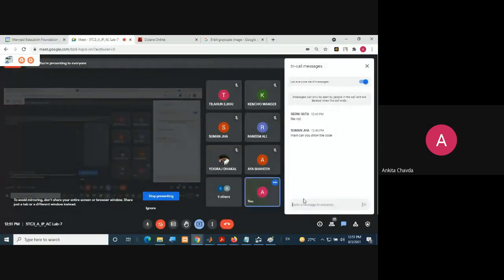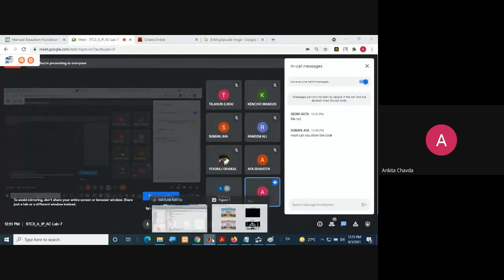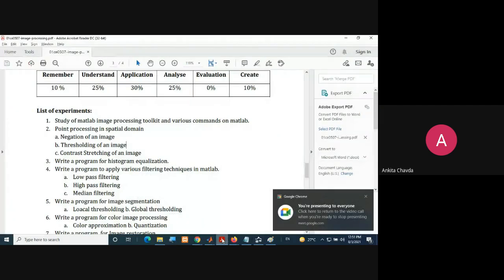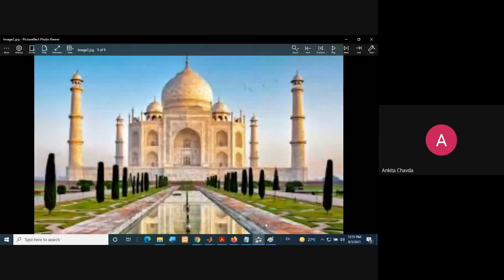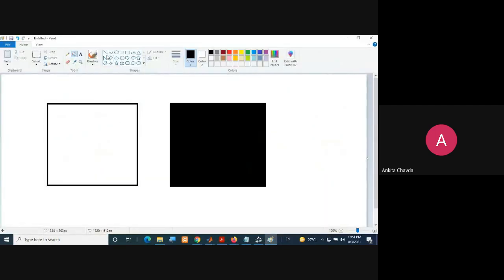Okay, fine. So I hope it is done now. The last program for today is the contrast stretching of the image. What you are doing in contrast stretching, suppose this is the graph for your histogram, something like this.